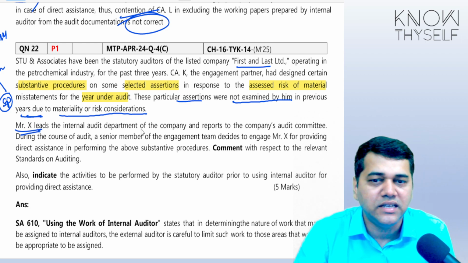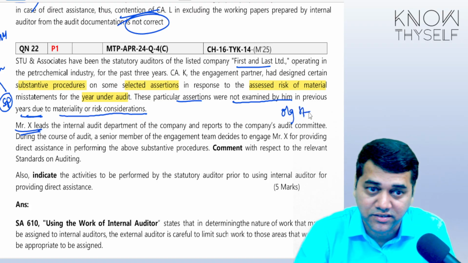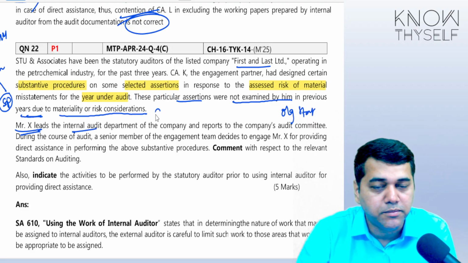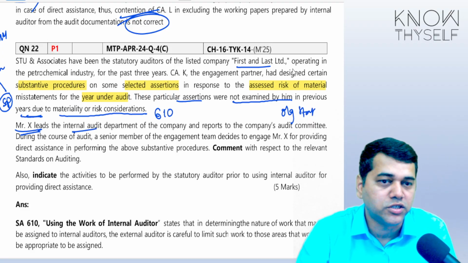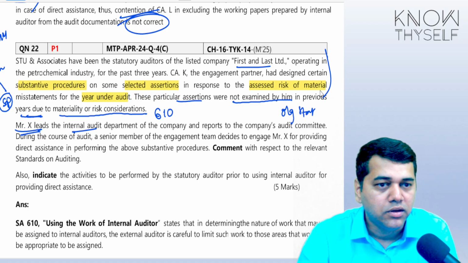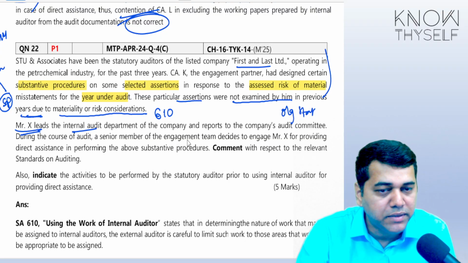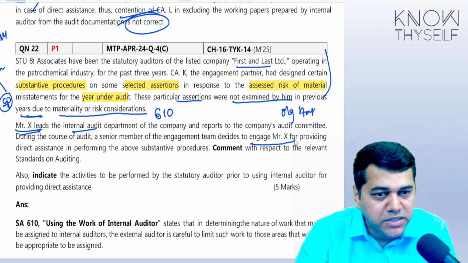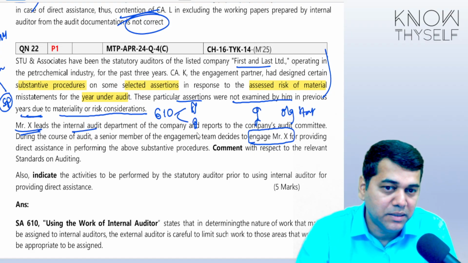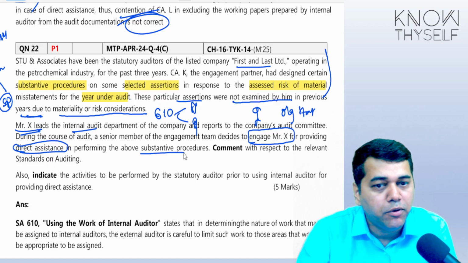Now, Mr. X leads the internal audit department and reports to the company's audit committee. See, organization status. That means they are much objective. And from this, you understood that they must be speaking about 610, because till now you didn't have any clue which chapter they are trying to ask this question from. During the course of the audit, the senior member of the engagement team decides to engage Mr. X. That means the person. That's the second element. Not work, the person, for providing direct assistance is the keyword